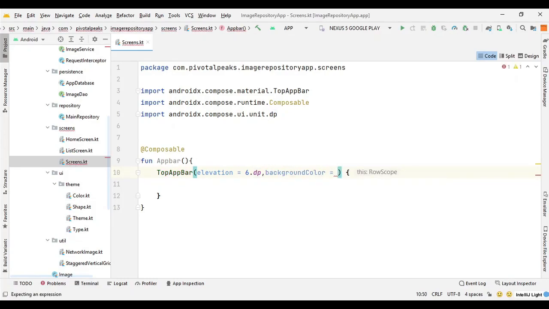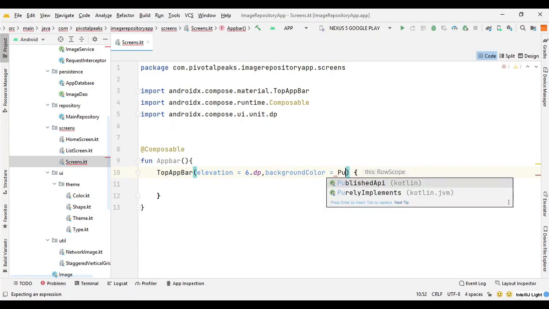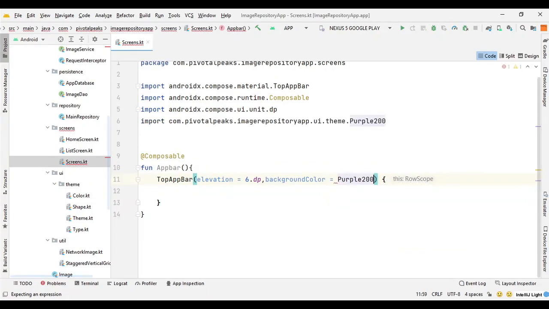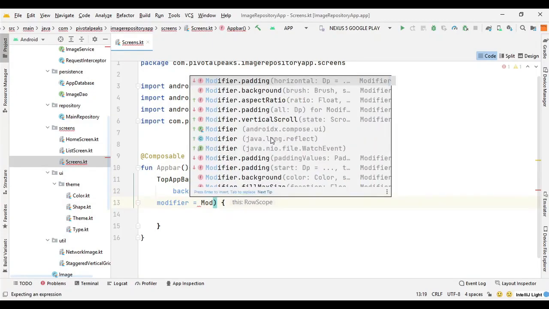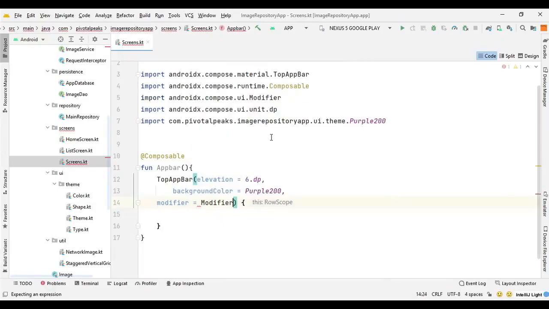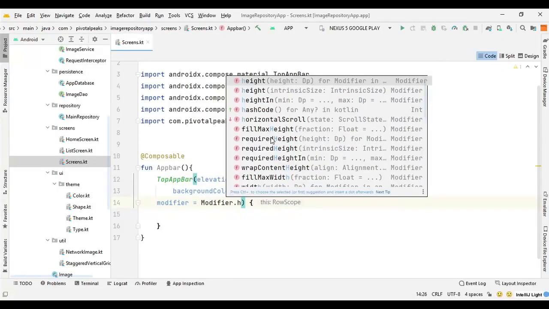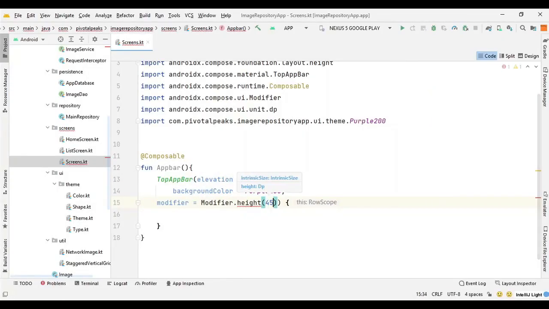So we can say background color purple 200. Let's bring it down to the second line, and let's give it a height. So we can say modifier equal modifier dot height, and let's give it 45 dp height.